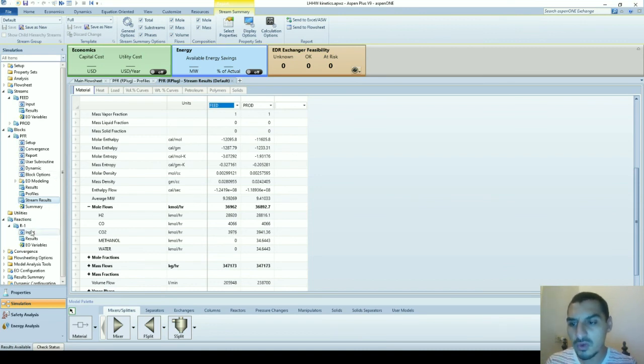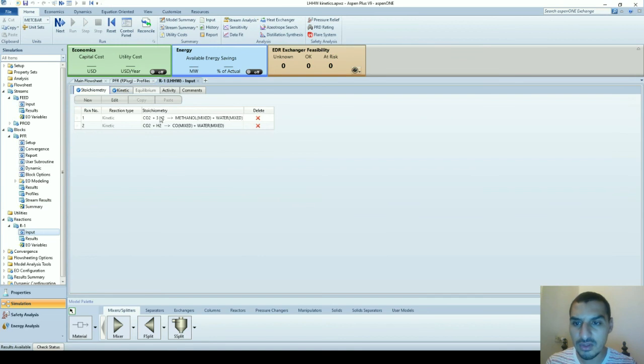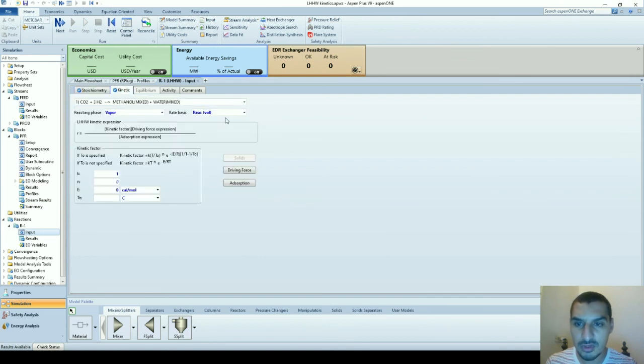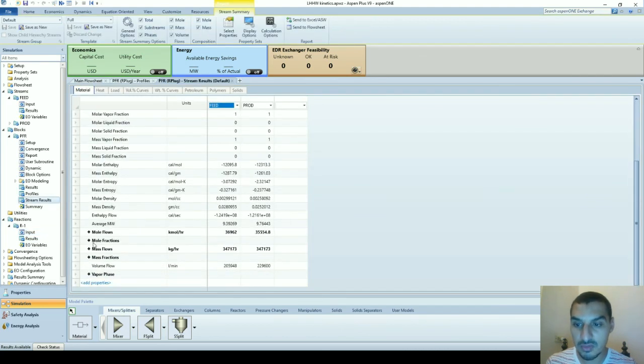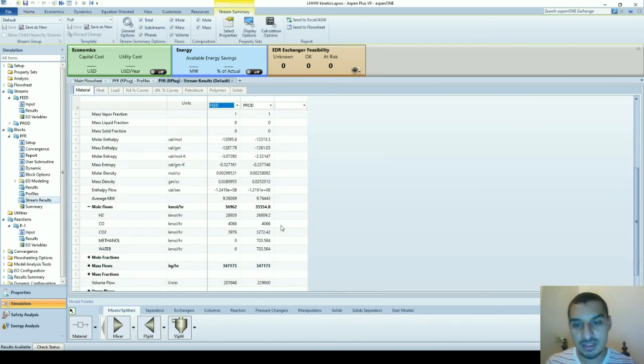I think one thing that I did was not right in the kinetics part here. I changed it to reactor volume, and it should be the catalyst weight. It was just one of the trials that I was doing to fix everything, and this will definitely have an effect on the results. So going back to the stream results and the mole flows, yeah, these are the numbers that we should expect. So we had some reaction taking place. Again, it's not a lot of reaction, but there is a reaction going on here,